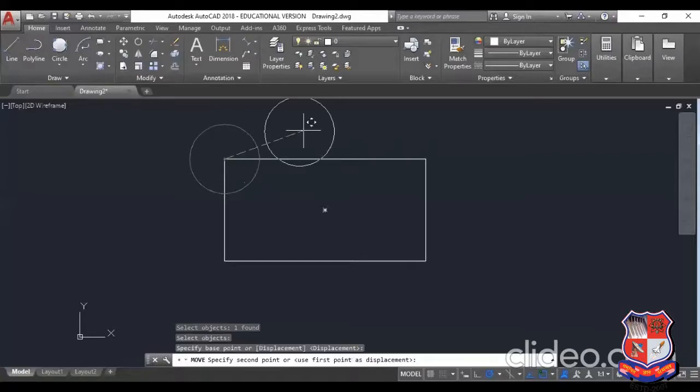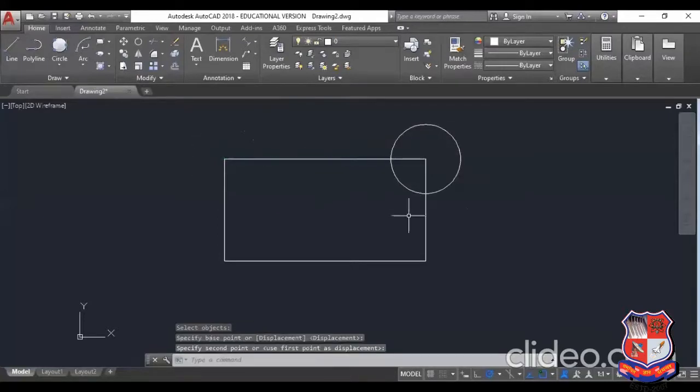Now destination point, or we can say second point, to which point you want to put. Okay, so in move command, the original entity will be removed and a new entity will generate in the new position. Okay, again I can take move from here also. Again select object, enter, and you can select the center point to this center point. Okay,